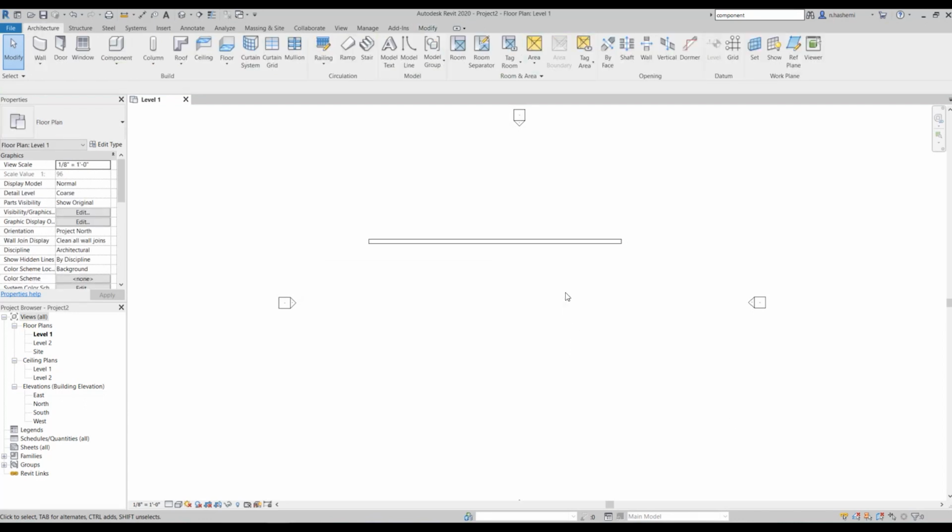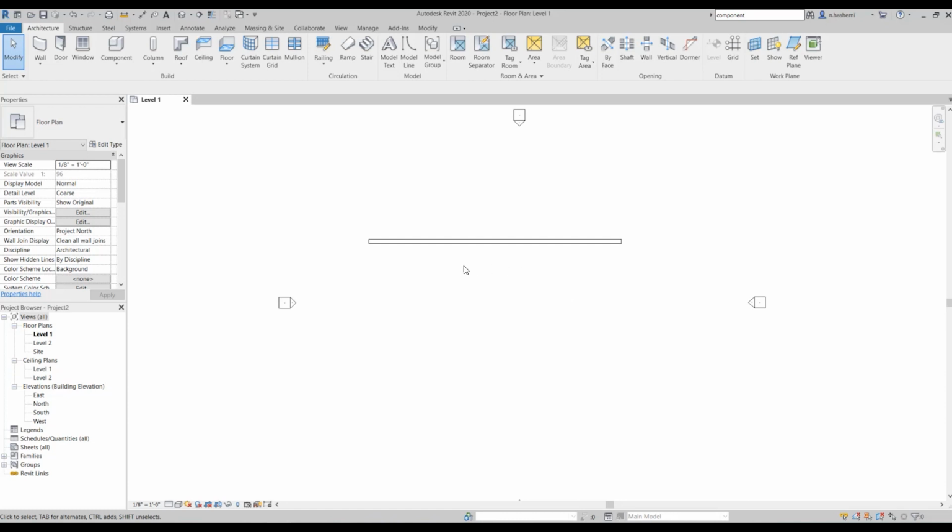So now, what are the loadable families and how can we change their materials by element? Okay, so loadable families are the ones which are either created by you in the family editor environment in your project, or somebody else has created them and you can load them into your project, like a piece of furniture, for example, or a door. So, for example, if Steelcase has a chair that you are interested in and want to load it into your project, you can do that.